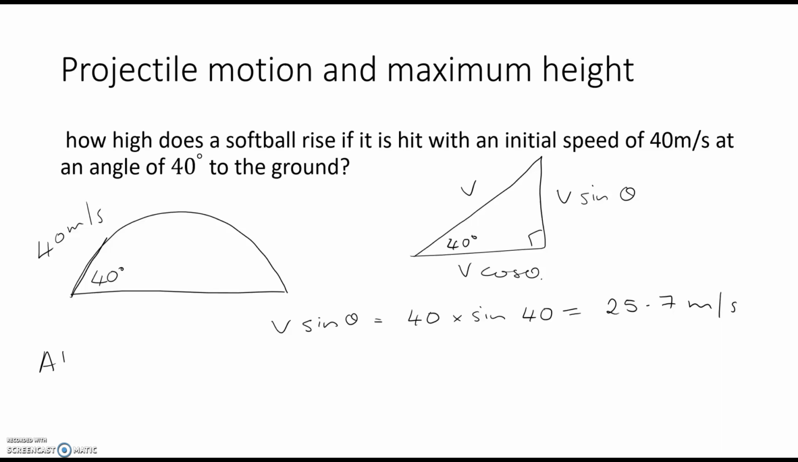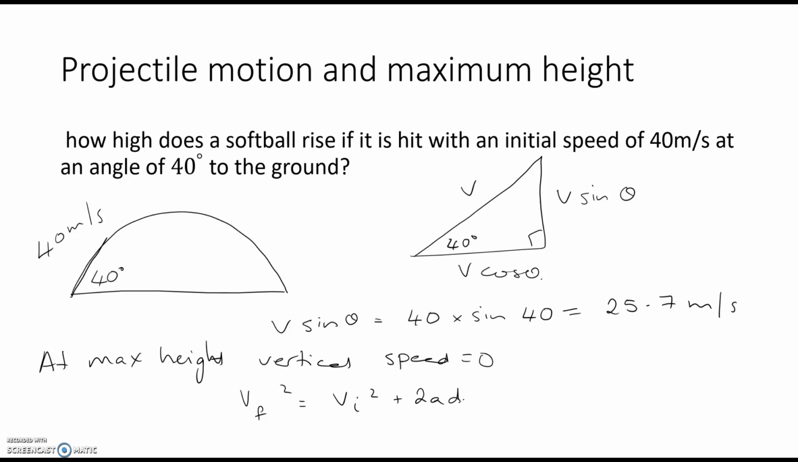At the maximum height, the vertical speed will be 0 because it stopped going up. So we can use Vf squared equals Vi squared plus 2AD. Now we need to find, we're asked to find the maximum height, how high. So we need to find D. We know that the vertical velocity is going to be 0, and we've just found the initial one as being